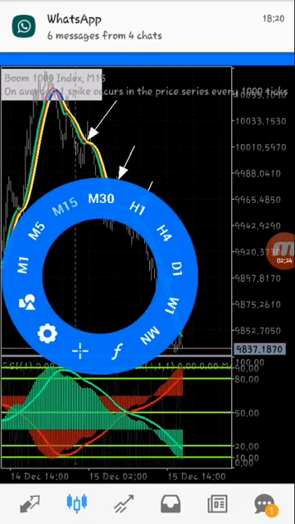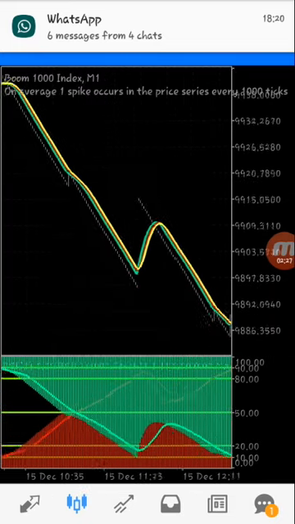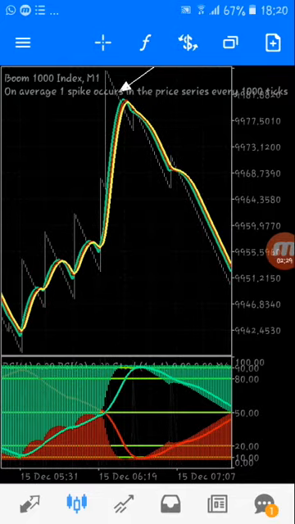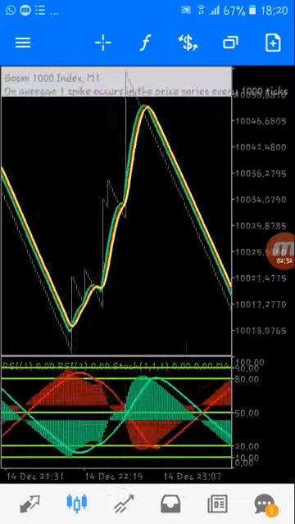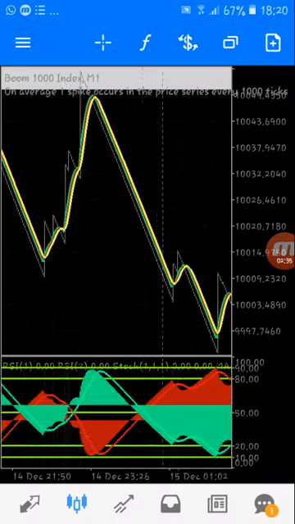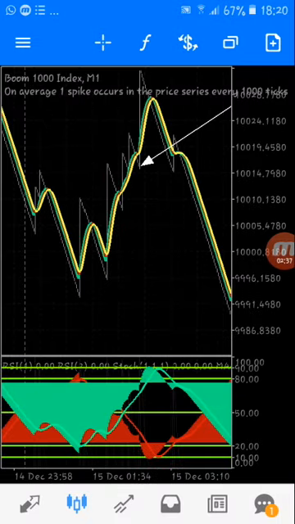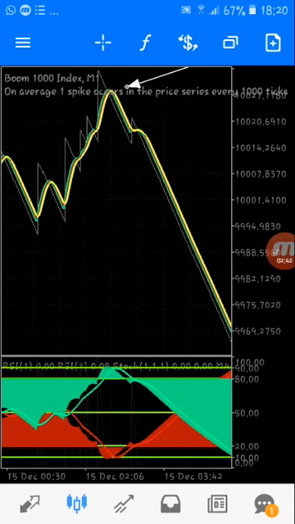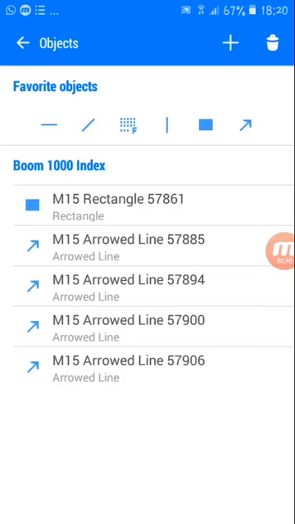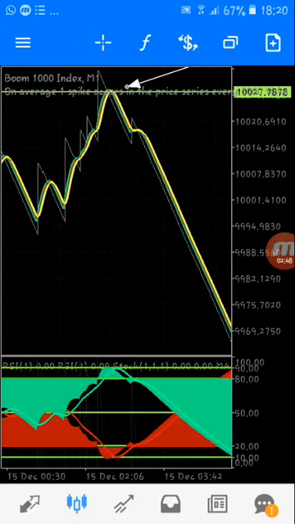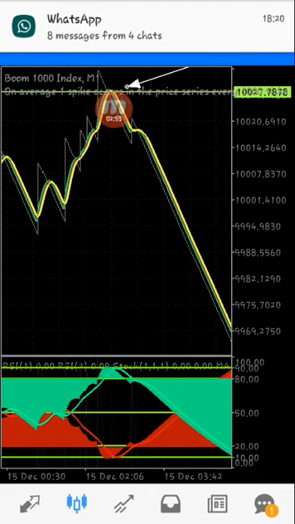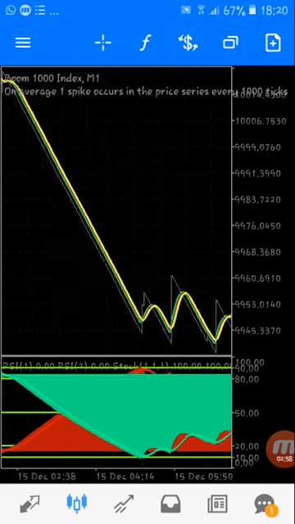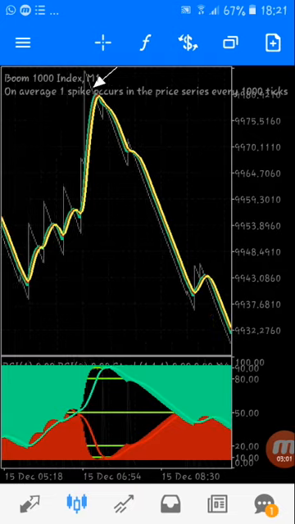Right, so drawing down to M1, I just want to show you guys something. Remember we were saying this is our peak on M15. Our first point of entry that retraced was this one, this was it on M1 right there. You see, this M1 also gave you a sell setup. That means you could have sold Boom at this point and you would have held because you knew that the M15 was on a downtrend. And then your second entry, if you missed it, the first one was this one